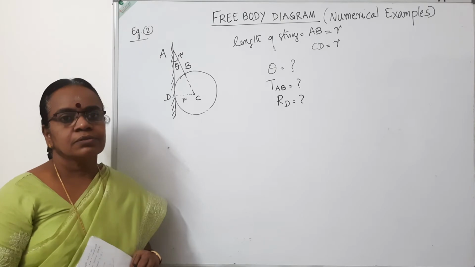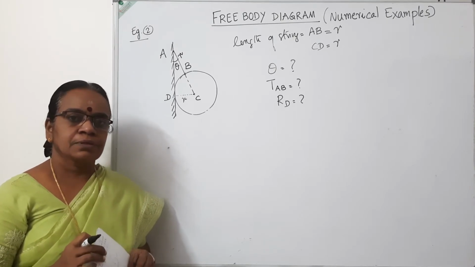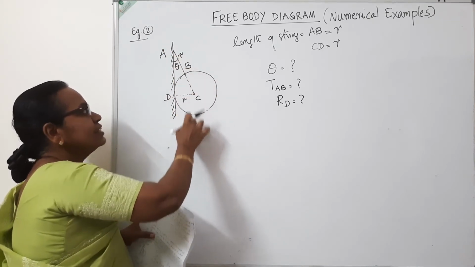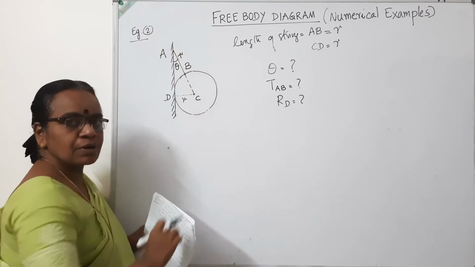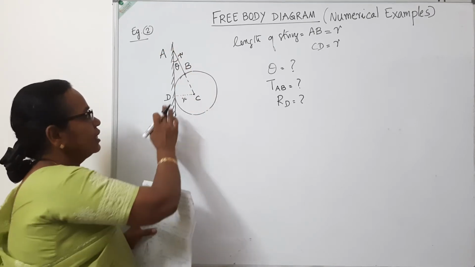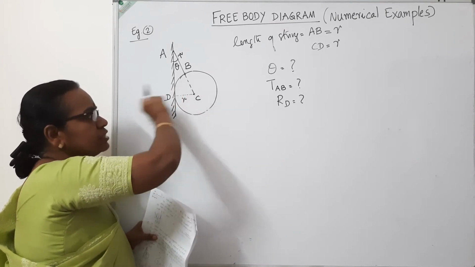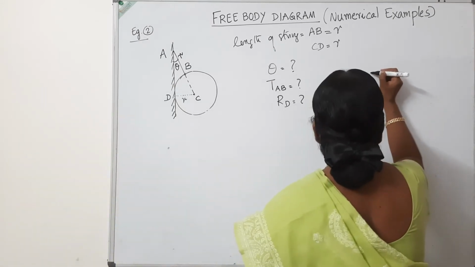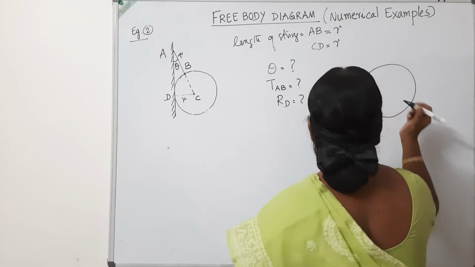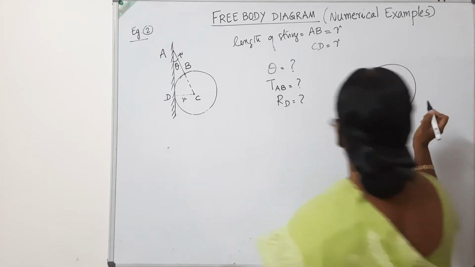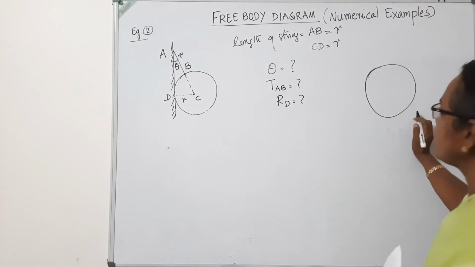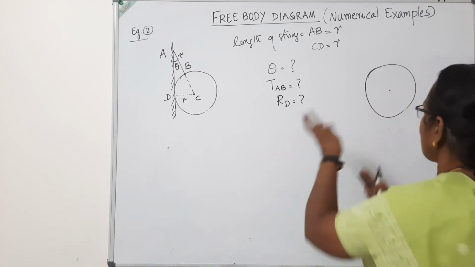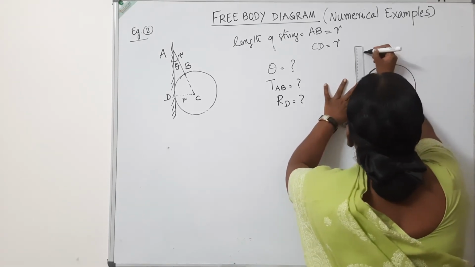So this is also a problem of equilibrium. The sphere is in equilibrium, its weight is acting downward. If you detach the string, tension in the string will be acting away from the center and the contact surface reaction will be acting towards the center and normal to the surface. So draw the free body diagram. We will detach the string with the sphere, making it free from all the surfaces. Then we can mark, this is the center of the sphere. I will mark the wall, the detached wall. This is the wall detached, I will show you as a dotted line.